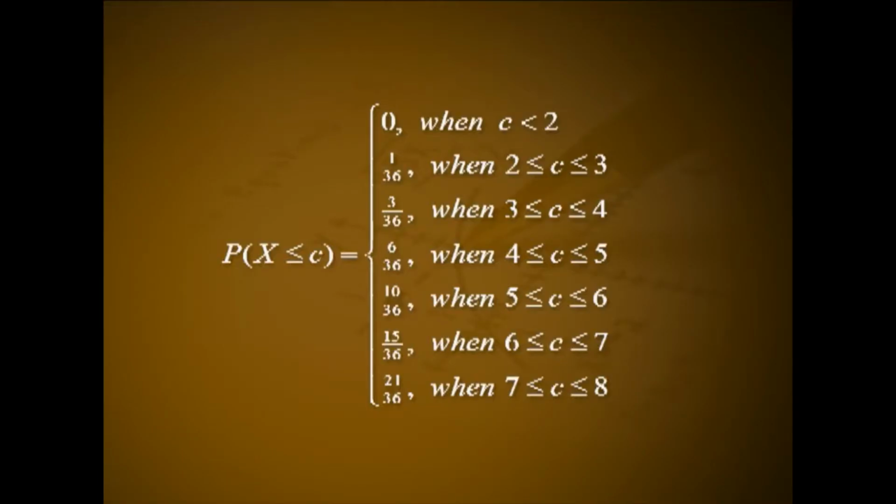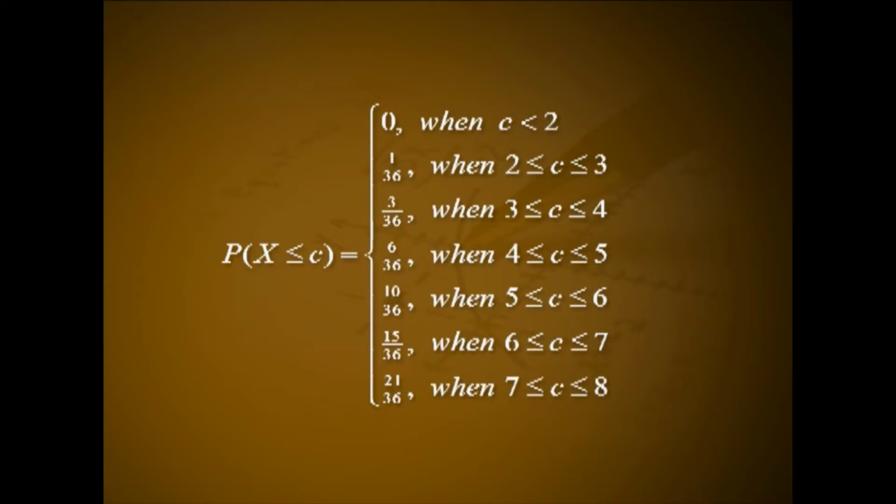Hence, P of X less than or equal to C can be written for X as: 0 when C less than 2, 1 by 36 when 2 less than or equal to C less than 3, 3 by 36 when 3 less than or equal to C less than 4, 6 by 36 when 4 less than or equal to C less than 5, 10 by 36 when 5 less than or equal to C less than 6, 15 divided by 36 when 6 less than or equal to C less than 7,